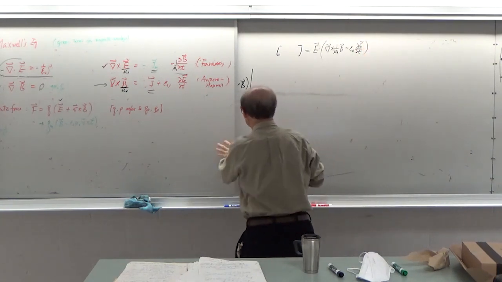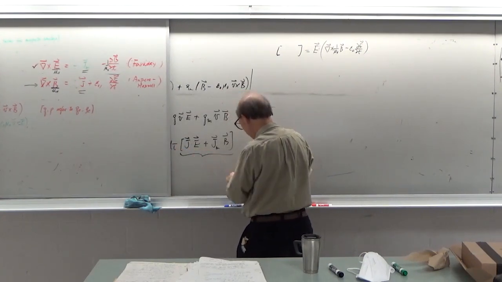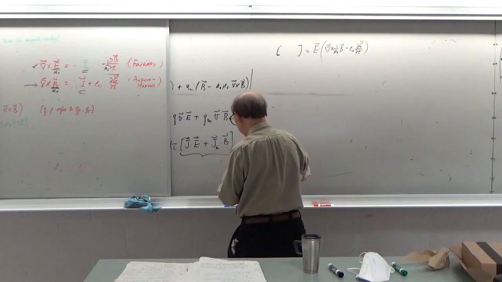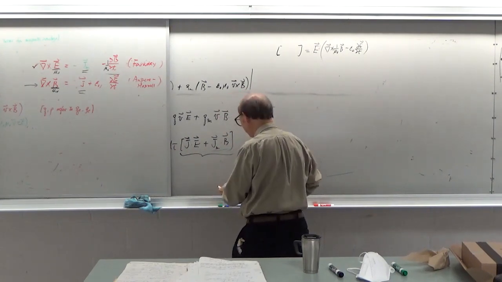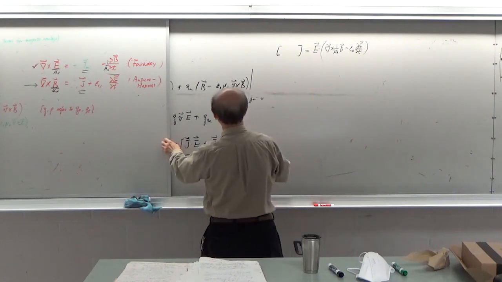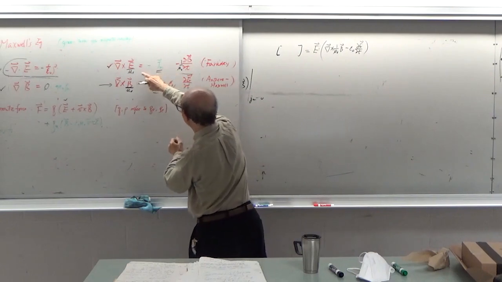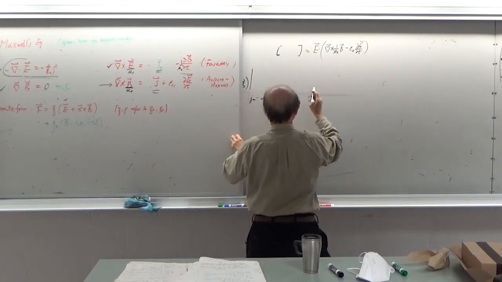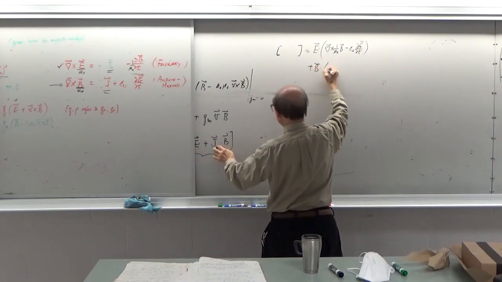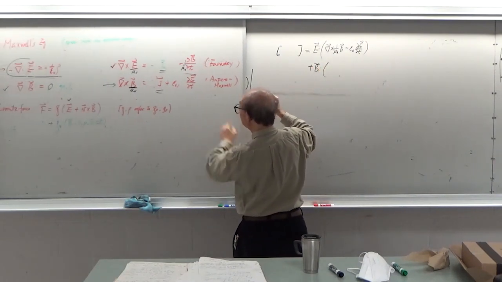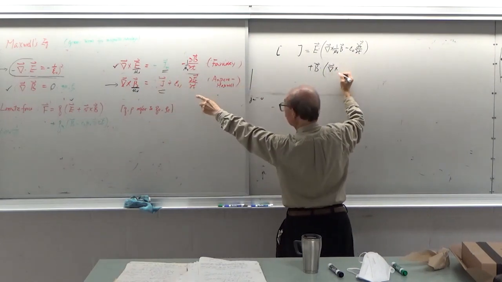That is this term, and this term should be 0. I'm going to get rid of it by writing Jm in terms of these two terms. So the plus B dot Jm goes to the other side, is the curl of